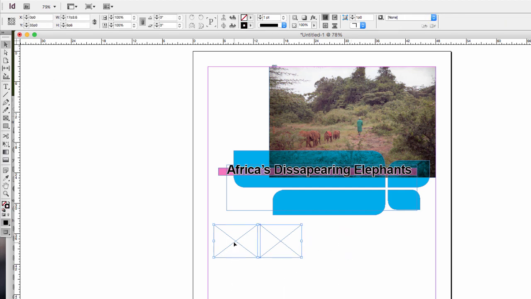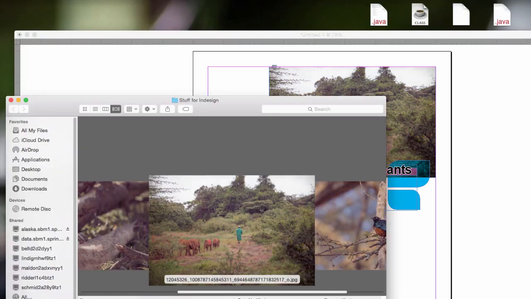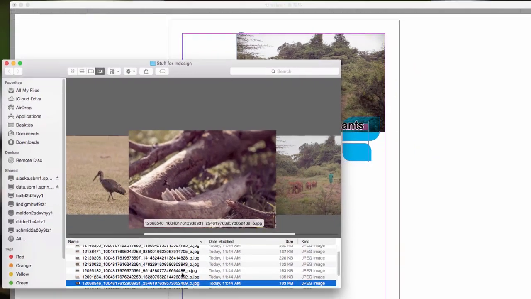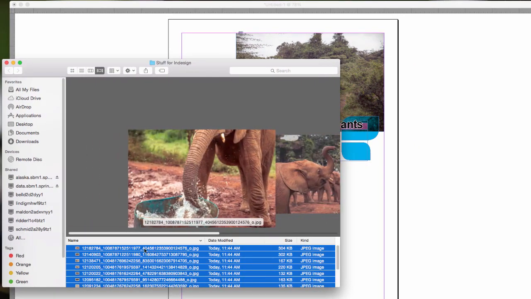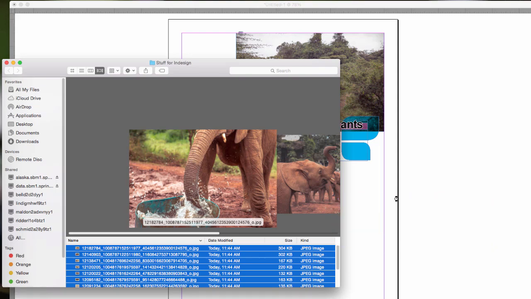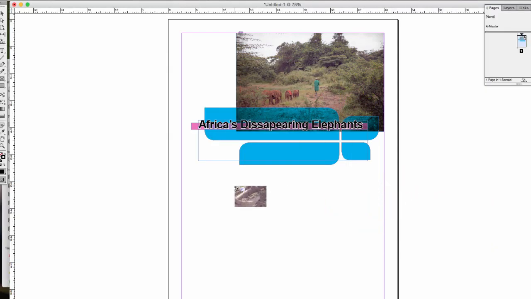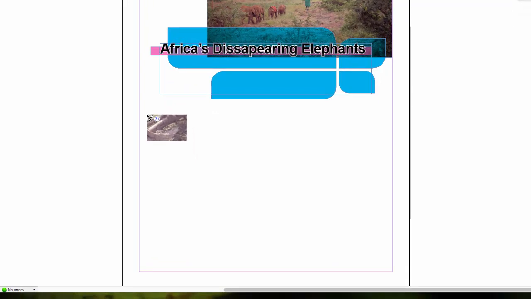The better way is actually just to go to our folder where we have all of our images that we want, grab the ones we want, maybe all of these, drag them on here, and now we have them all on our cursor. So you can see the little 8 there. That means I have 8 images ready and waiting. Now I could drop these down individually,